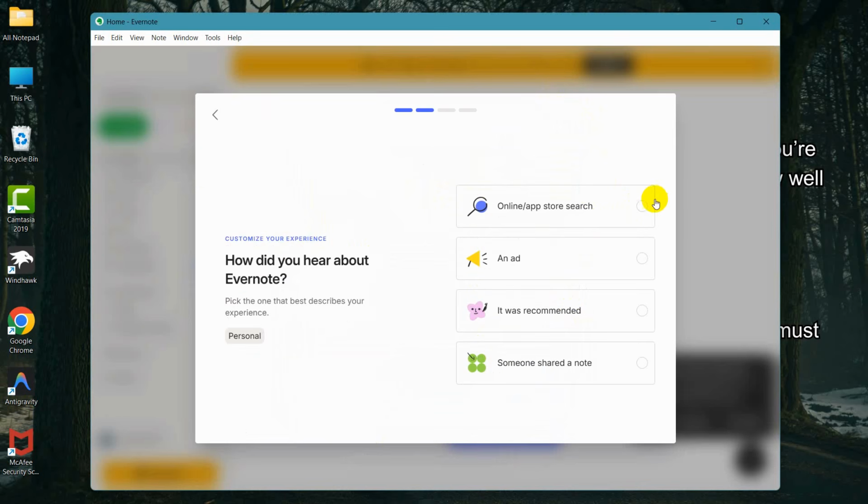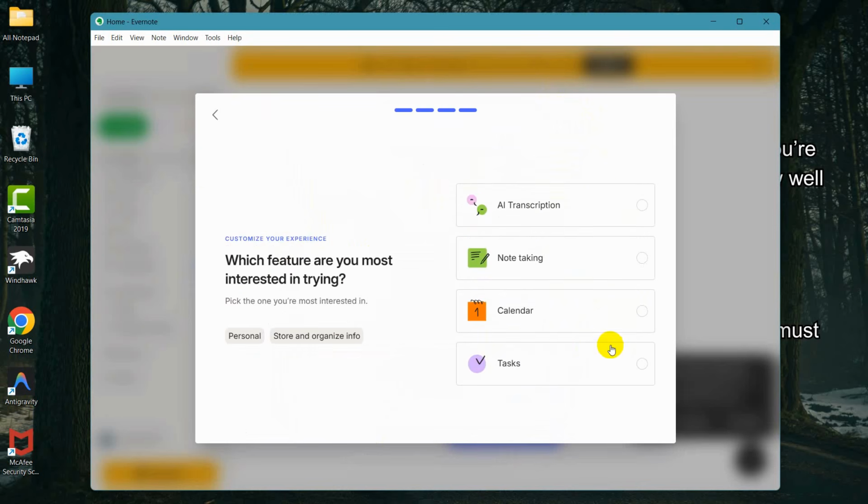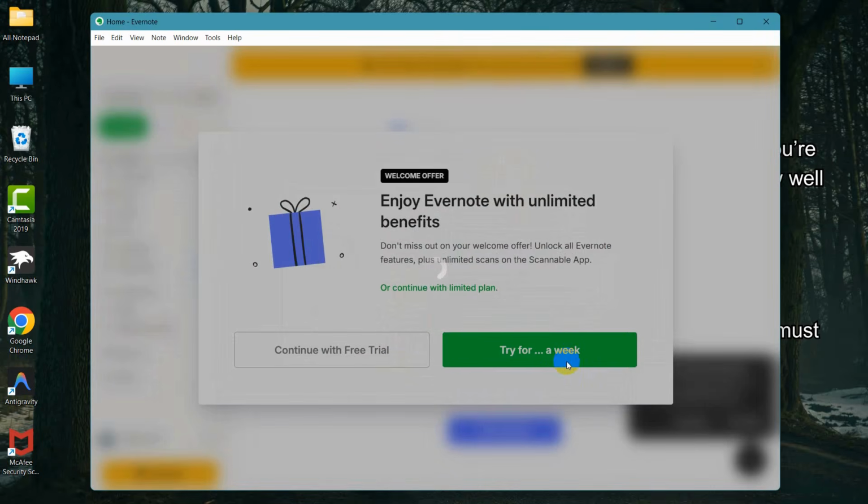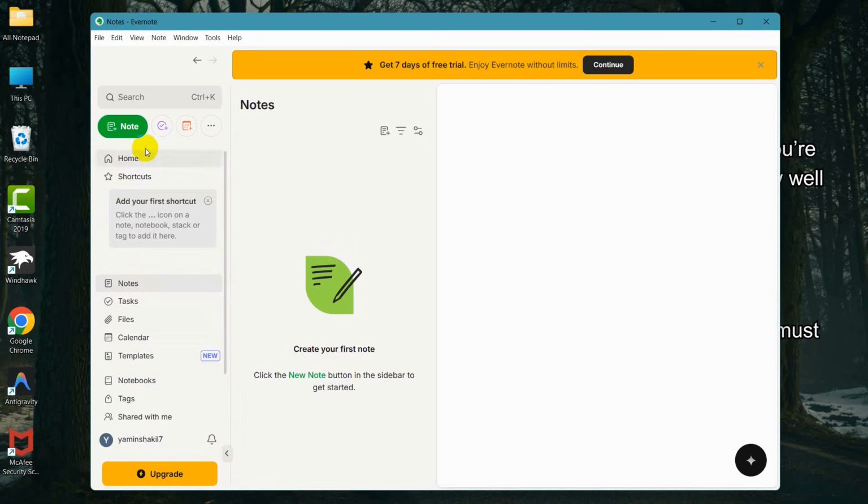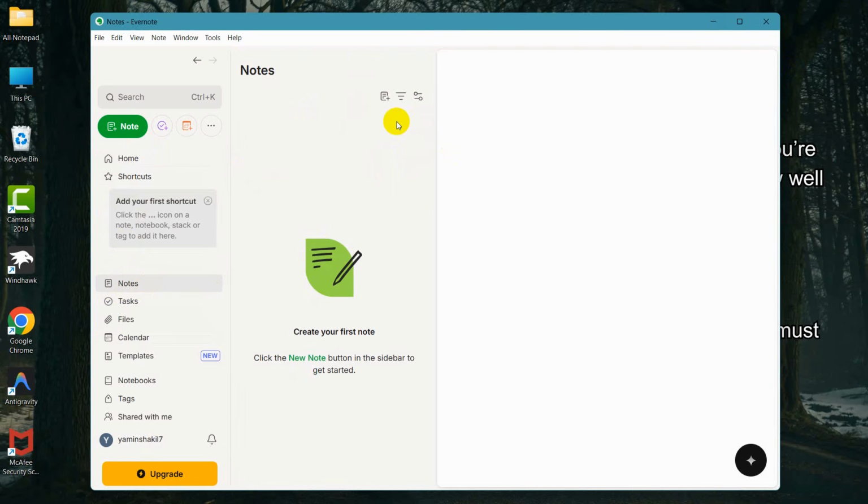It's personal use. Let's just choose random things. Continue free trial. There you go. So you can take notes over here, add tasks. So yeah, this is how we can install Evernote and use